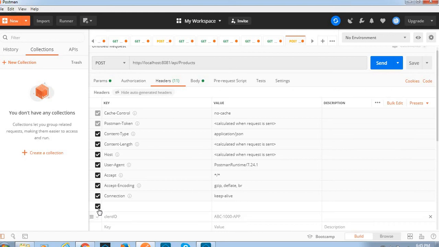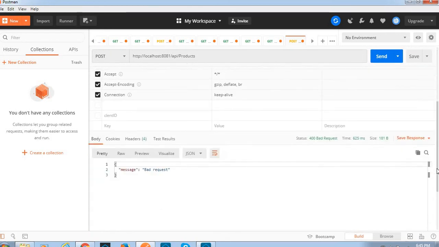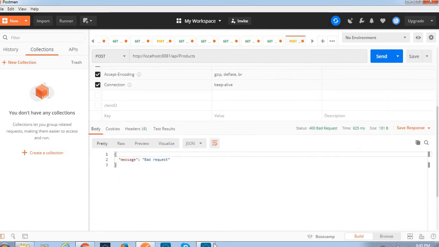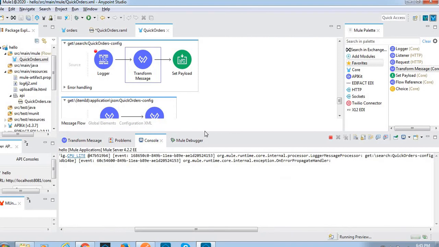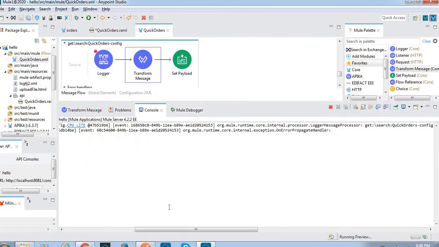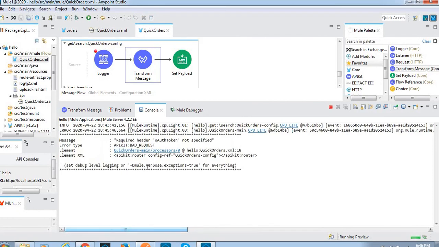Okay, otherwise we will uncheck these things. Okay, then send, come down, bad request, go to Mule, open console, see, required header OAuth token not specified.